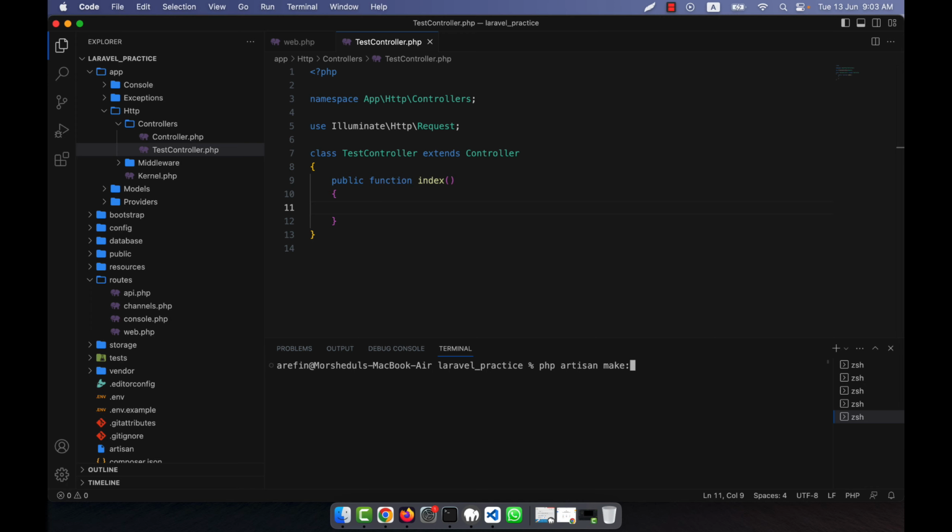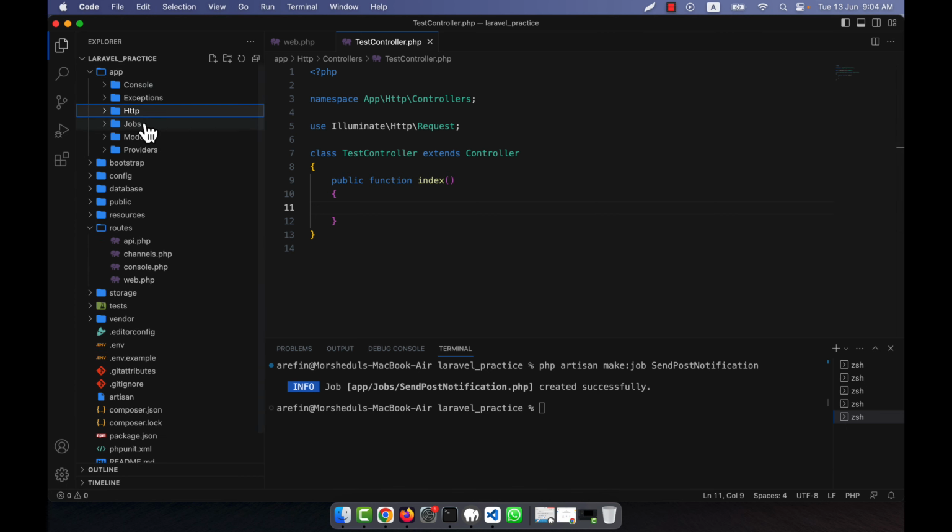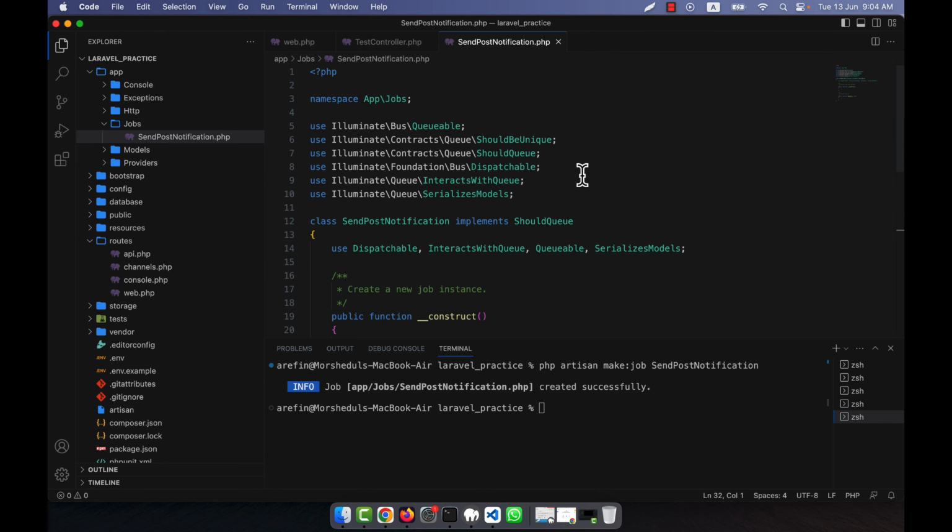The command is make:job. For example, I am going to send a post notification, so I will name it SendPostNotification. By this name I am going to create a job. Now you see that in the app folder a jobs folder is created, and this is the file to send the post notification. And here, to send the email, I will need to create